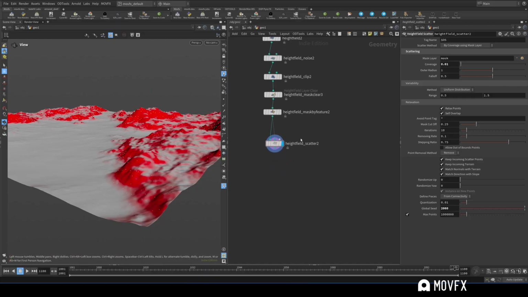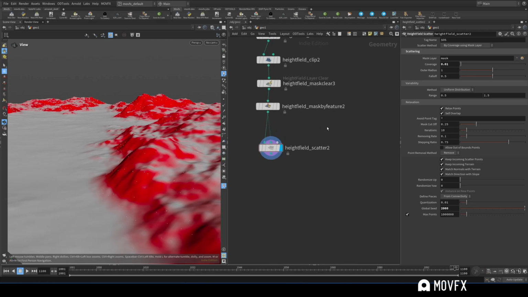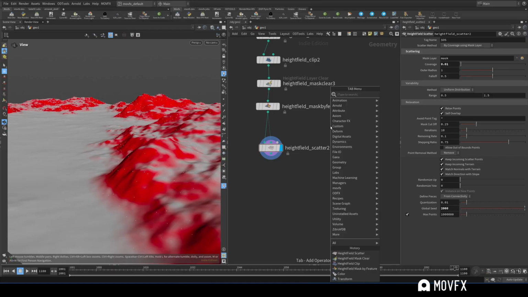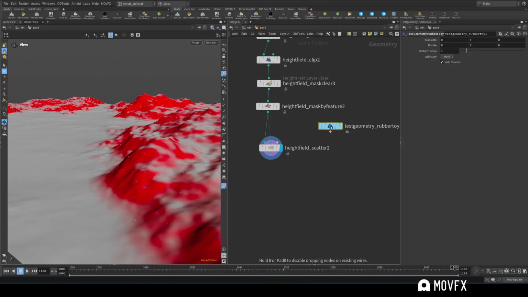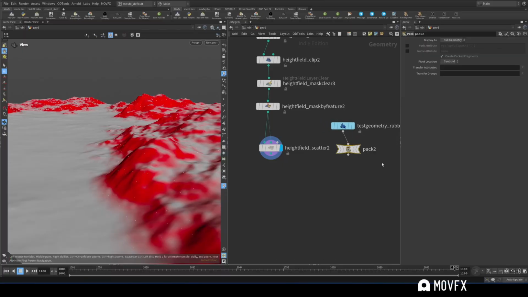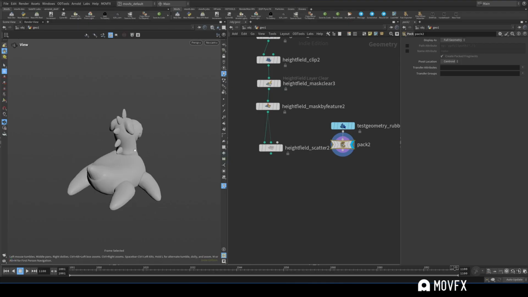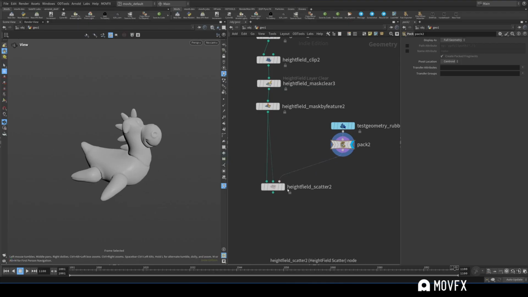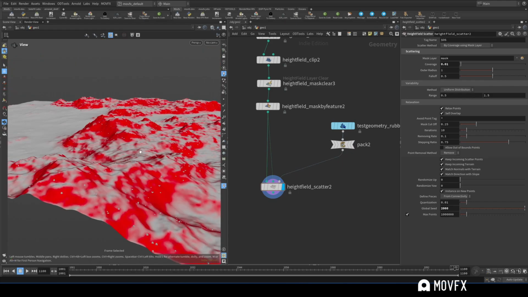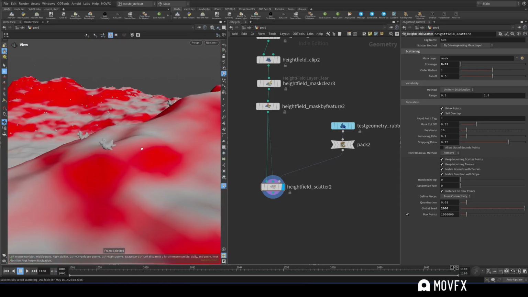And now instead of visualizing them as points, we can actually directly copy the objects to it using the same node, using the third input. Let's say I want to copy these rubber toys over the terrain. I'll just disable the shader, and I'll use a pack so that it is a bit efficient. Otherwise, my system is going to crash. So yeah, this is the rubber toy. So let's connect this to the HeightField scatter. And yeah, as soon as I did that, you can see everywhere there are rubber toys, and it is scattered